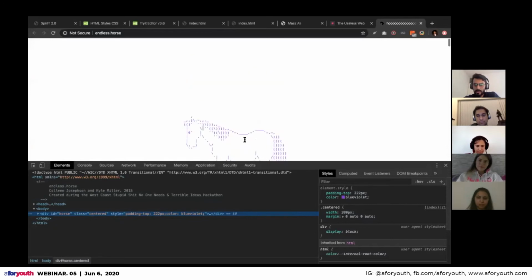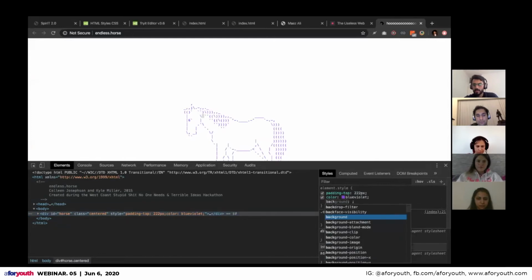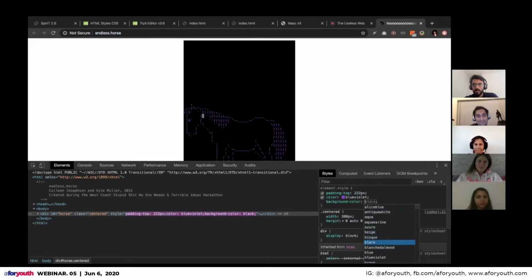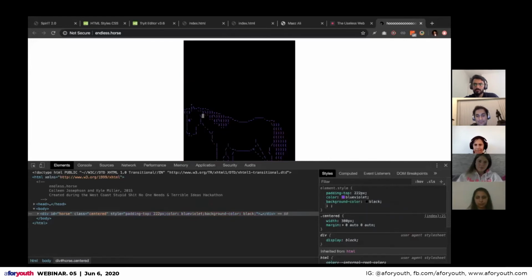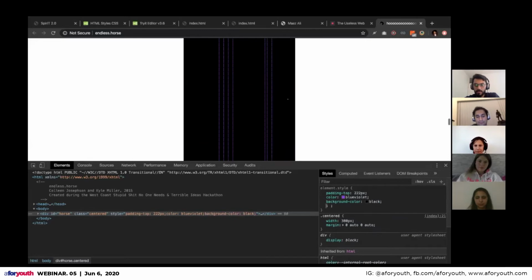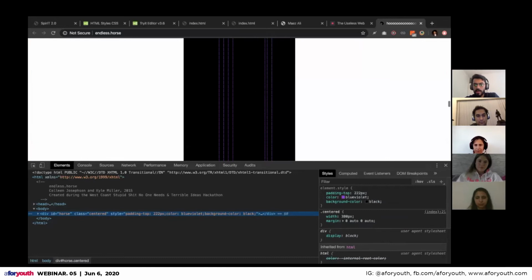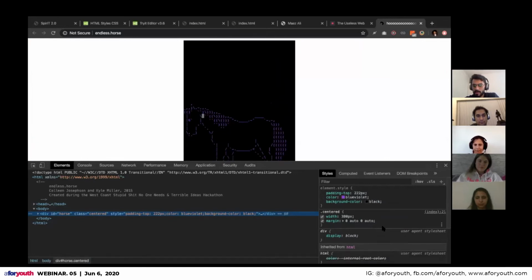So here you actually saw that this was all text as well, right? And if I change the background color as well, let's say, I need to add the background color property, and then I can choose any color. So now you can actually see the background as well. And everything outside of this is not having background color because it is margins.